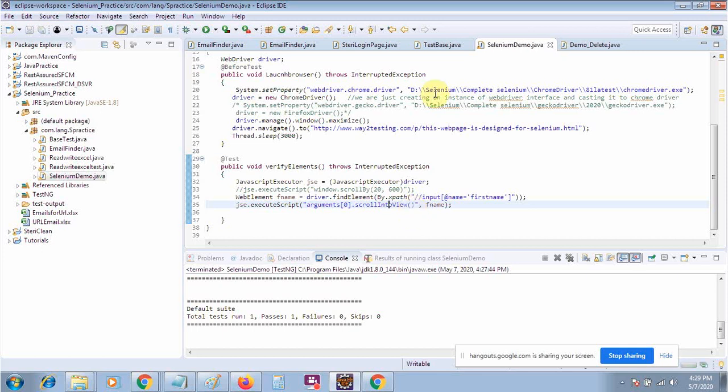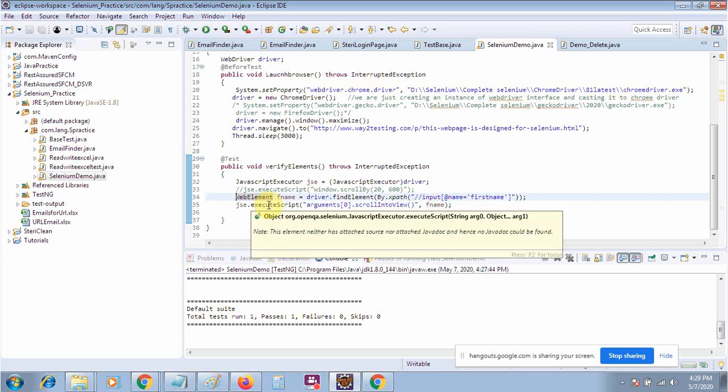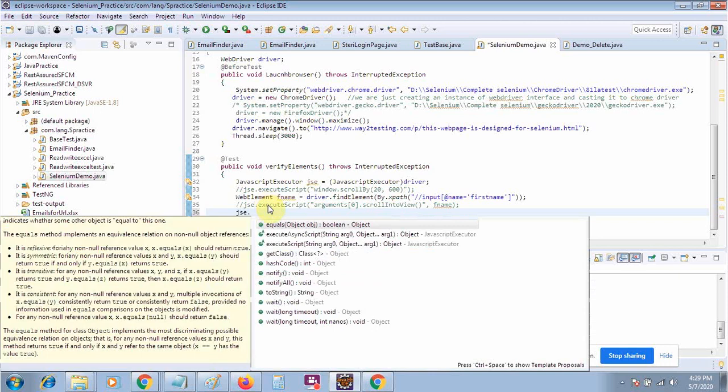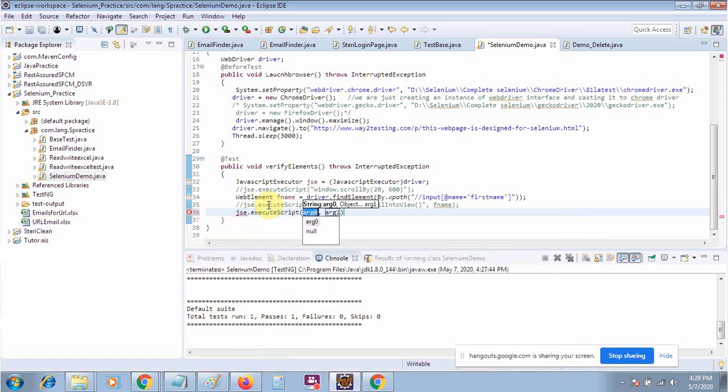Okay, so now I want to scroll up to the complete bottom of the web page. Now suppose that the third scenario is this one. I want to scroll completely up to the bottom of the web page. So how will it be done? Okay, so again the object will be the same, and I will use this method, executeScript, and here I will write an operation like window.scrollTo inside the braces.